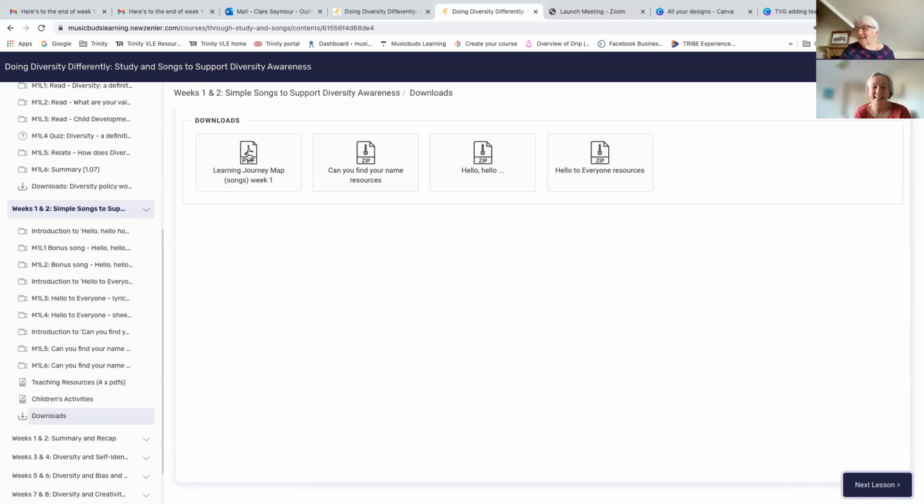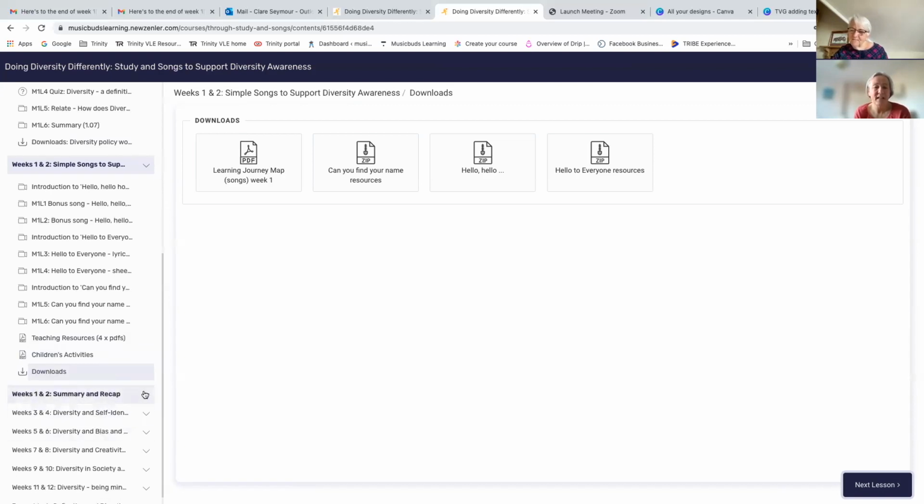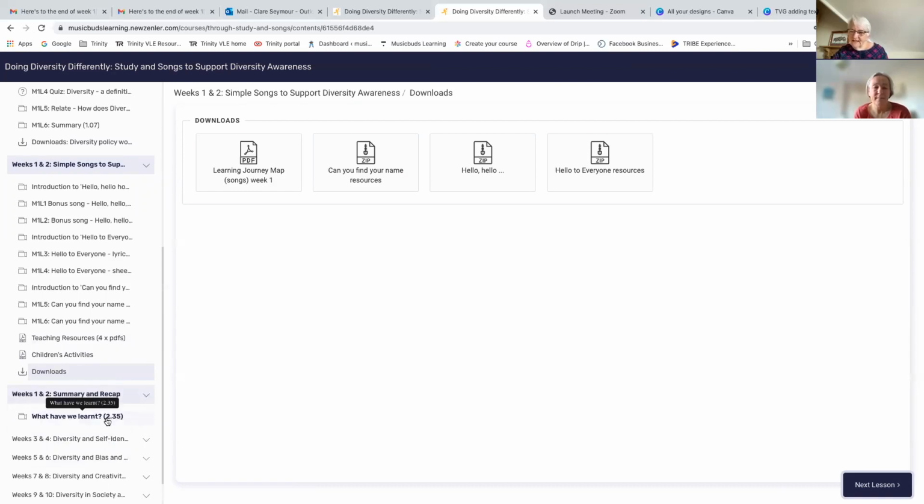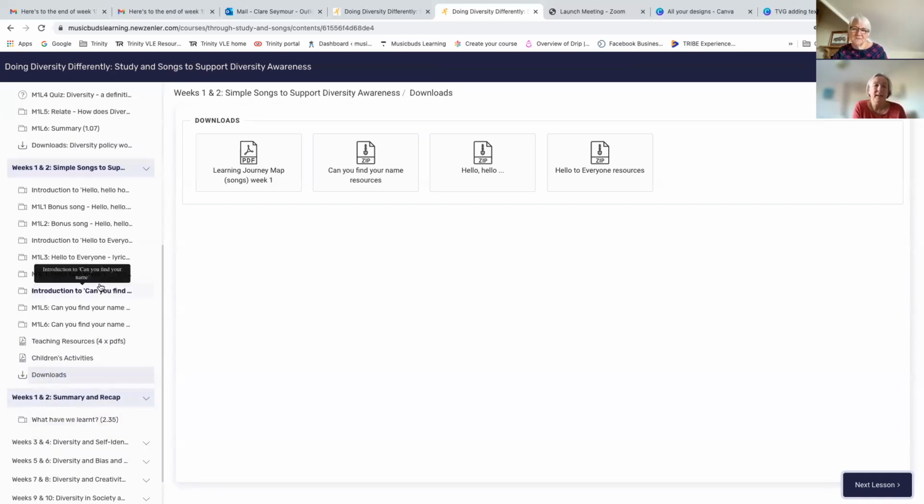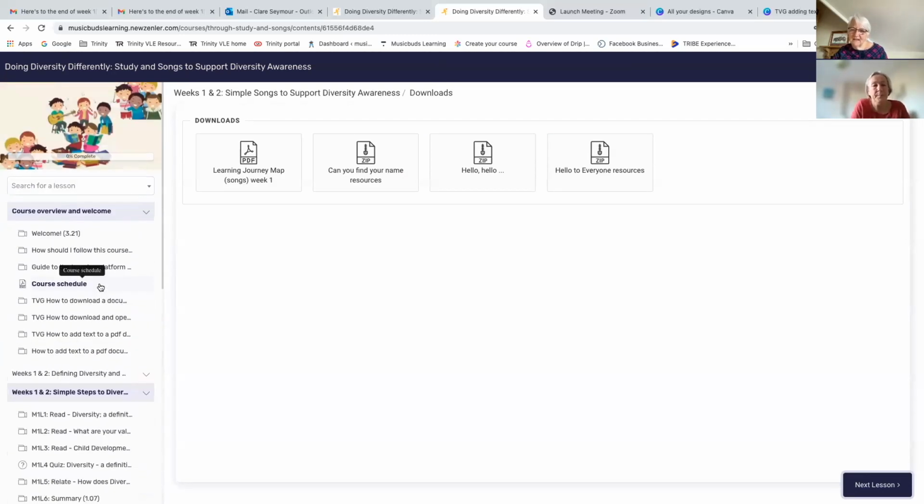And then this is just a bit of fun. It's like an A4 sheet that you can tick off to check that you've covered all of both lessons. And then there's just a summary and recap, which is quick. Oh, and the other thing I should mention is that the numbers are the timings of the lessons. I've just broken everything up to make it really quick and easy for you to do all